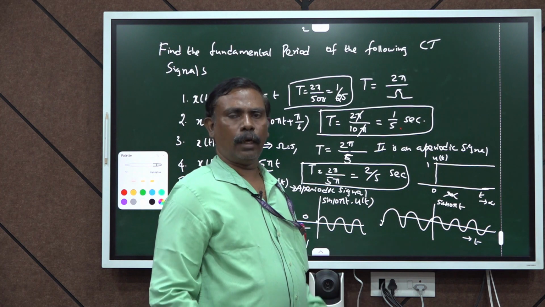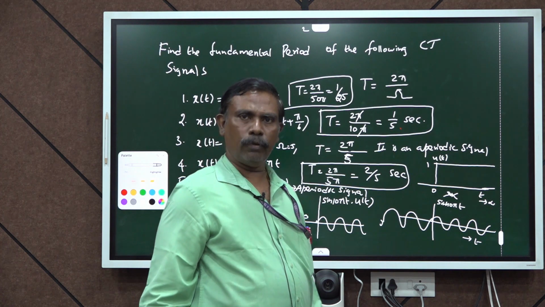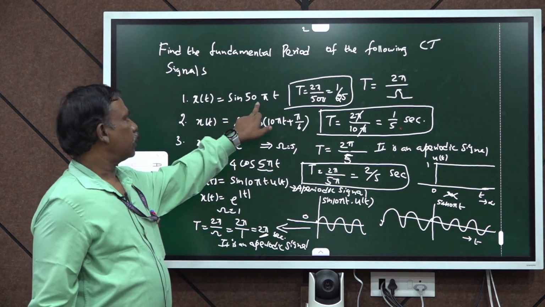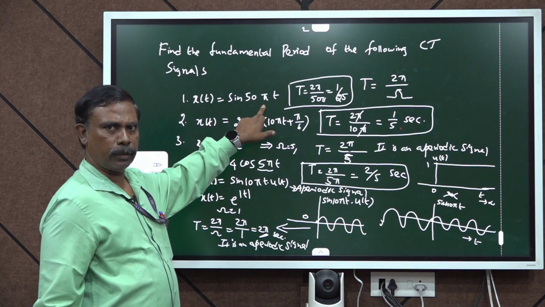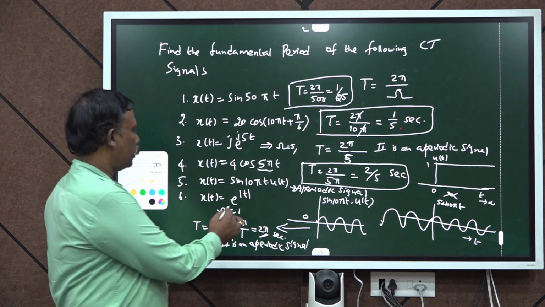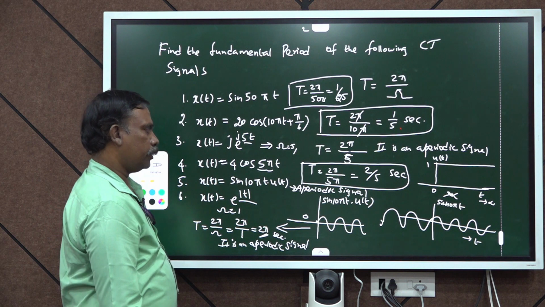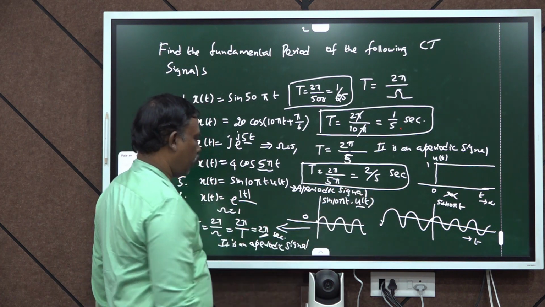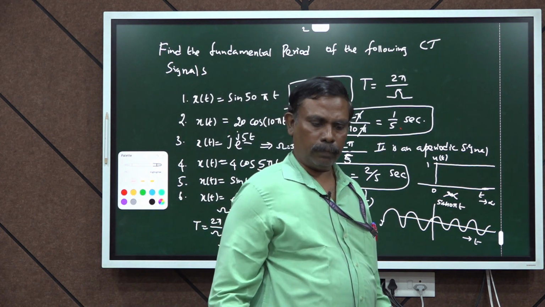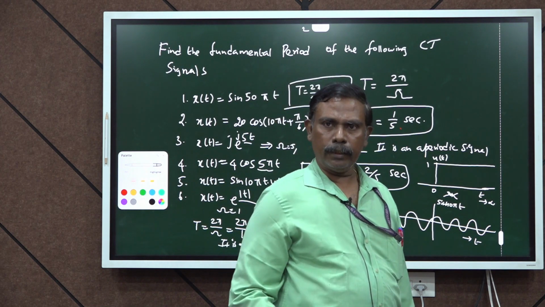You may also wonder whether the formula we wrote and the problems we did are right or wrong, so I will give you a hint. Listen carefully. If the given signal contains pi, it is a periodic signal. If pi is not available, it is an aperiodic signal. Here pi is not available, so these are aperiodic signals, because of u of t. So it is a hint, right, and we will work out some higher level problems for solving whether a signal is periodic or aperiodic.